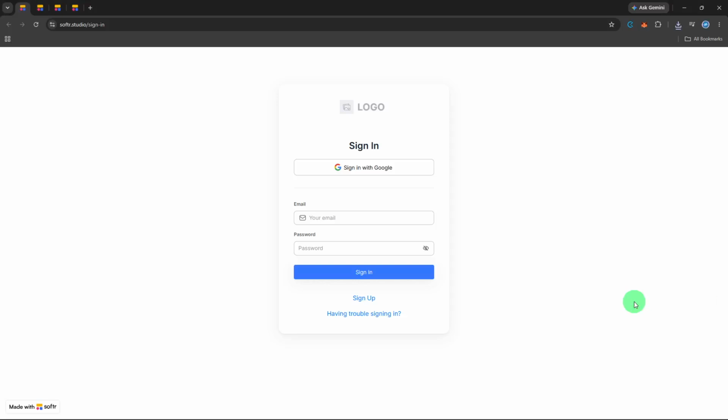In today's video, I'm going to show you how to edit published pages in Softr so you can update your live application with fresh content, new layouts, or design improvements whenever you need to. Softr is a powerful no-code platform that lets you build web apps and portals on top of your data, and knowing how to edit your published pages is one of the most essential skills for keeping your app polished and